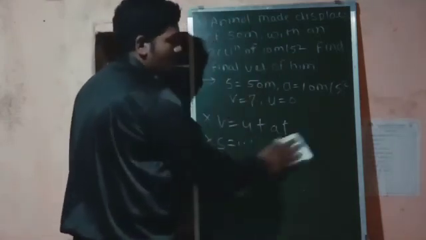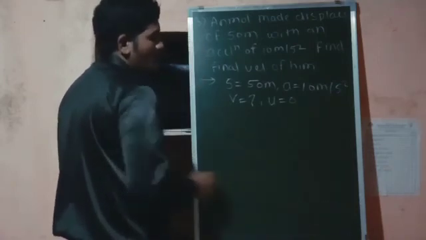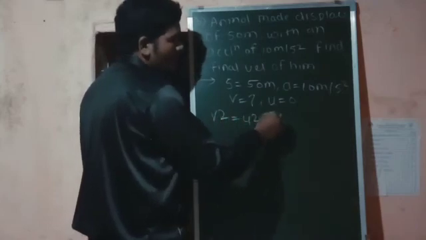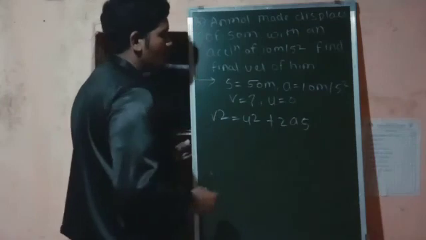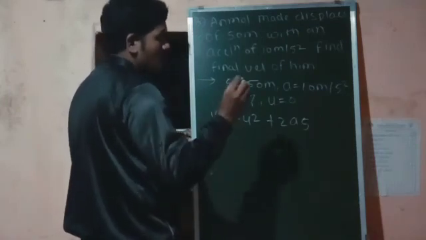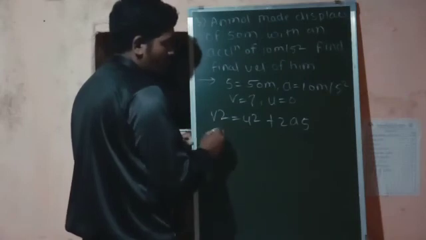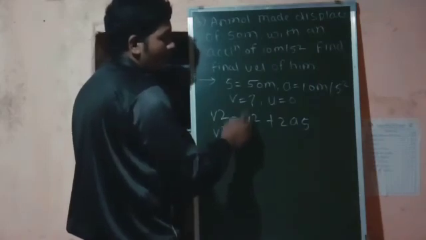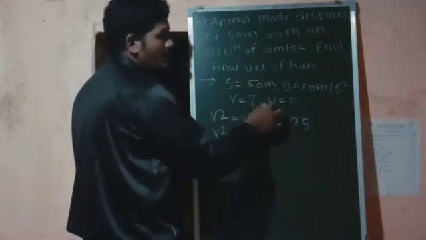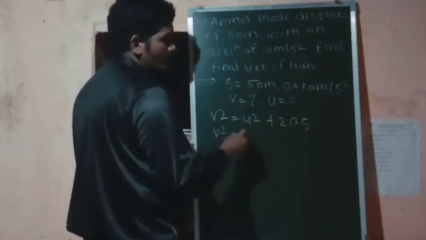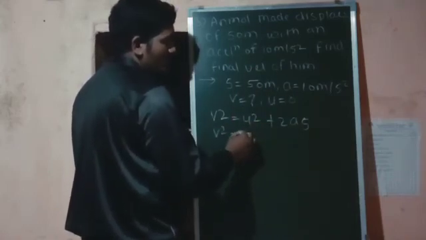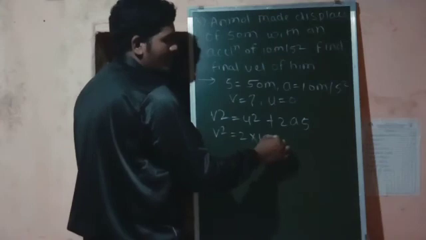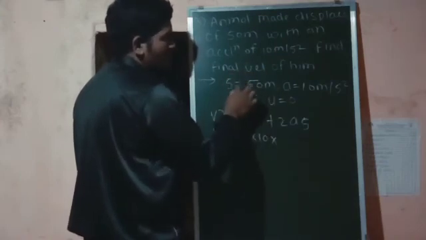Now we will solve the problem. We have selected the formula, so we will solve the problem now. The formula is v square is equal to u square plus 2as. Now simply I will put the values in the formula. The v square will be as it is because we have to calculate v. Now u square will be 0 as u is not given, so u will be 0 and the square of 0 will be 0. So the remaining terms I will write directly: 2 into acceleration, they have given 10 meter per second square, so I will write 10 into s, the displacement they have given, 50.